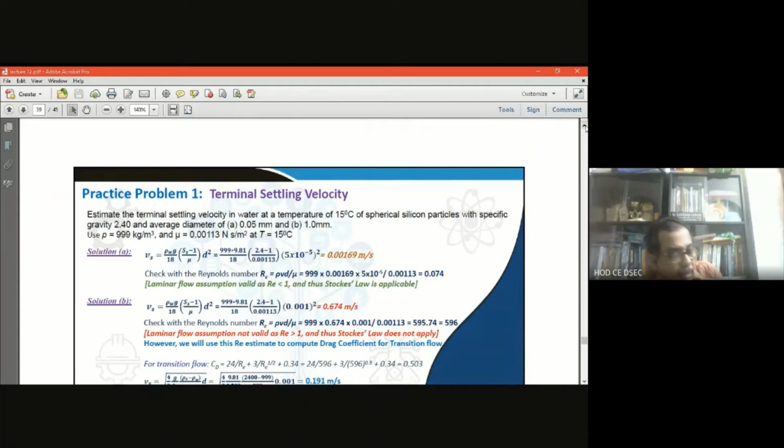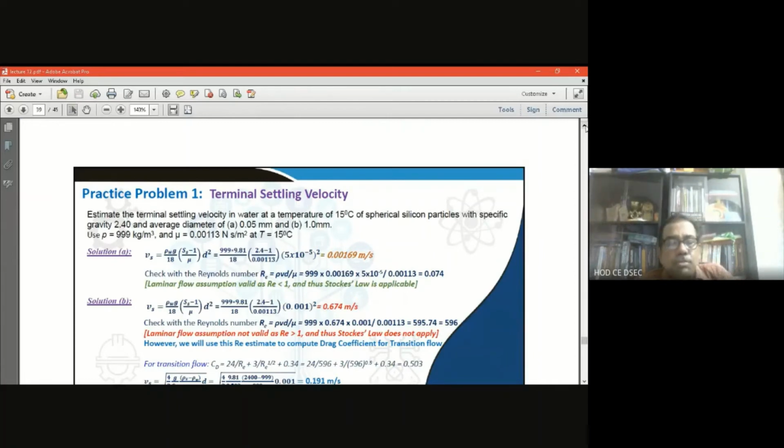Now we have calculated the velocity based on the Stokes law. But we must know that this Stokes law is valid when the Reynolds number is less than 1, because Stokes law is valid for laminar flow, not for turbulent flow. So we have to ascertain whether we have applied the Stokes law correctly. That means we have to ascertain that it is a laminar flow. So how do you ensure that it is a laminar flow? You have to find out the Reynolds number, and if the Reynolds number is found less than 1, then you can conclude that this is a laminar flow. Then your application of Stokes law is valid. So you have to check that after applying the Stokes law.